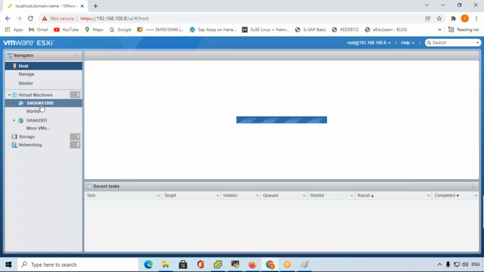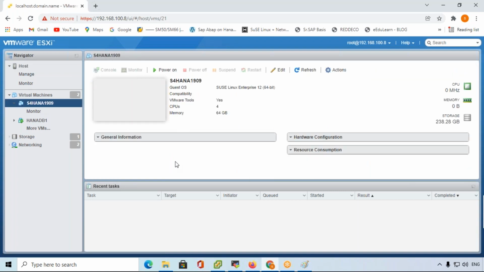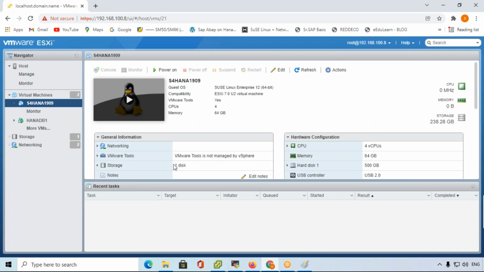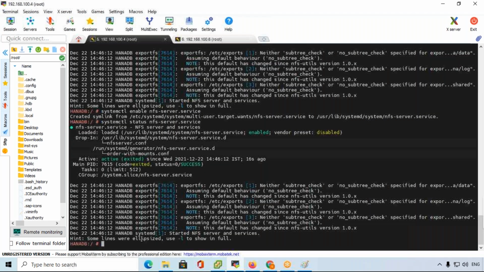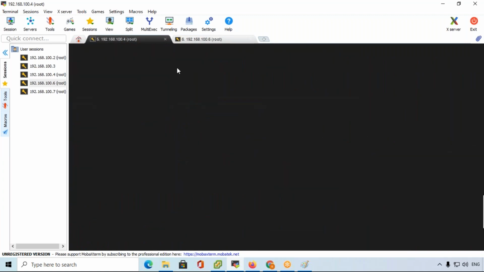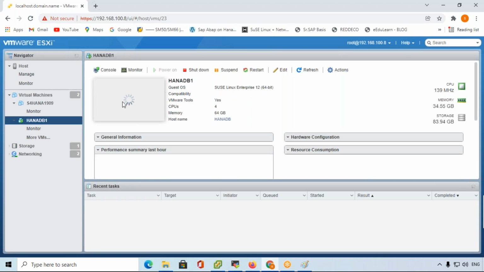So select the system. So I will start the S4 HANA system.